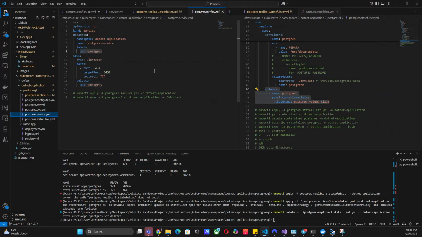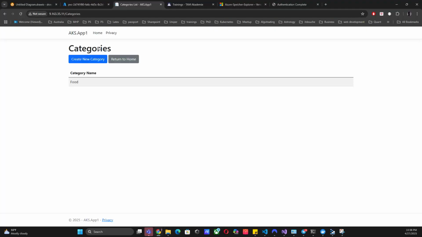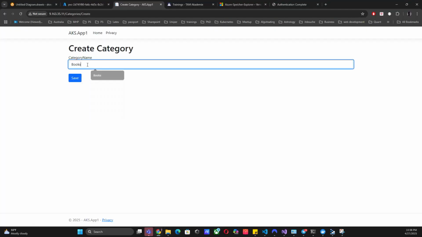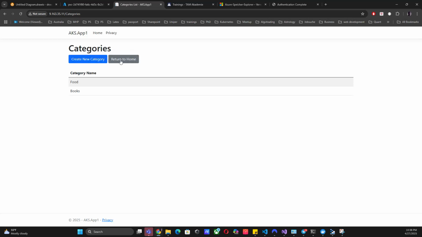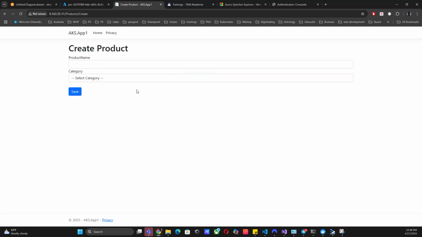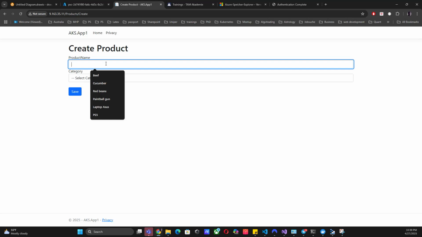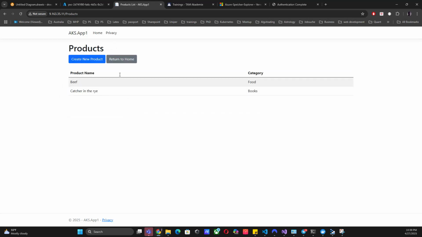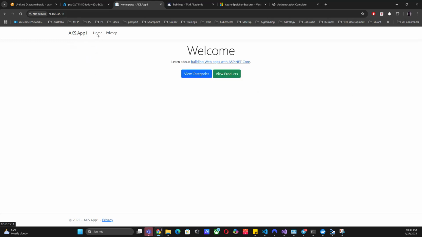But now you see that it's working. If I go to create a new category, I can say, for example, books, and then save. Then I can go back to home, go to a product, and create a new one, and I call it, for example, Catcher in the Rye, connect it to books, and then save. And here you see that, for example, we have beef as a food and Catcher in the Rye in the books. So basically this is being created. Alright, now that we have this,